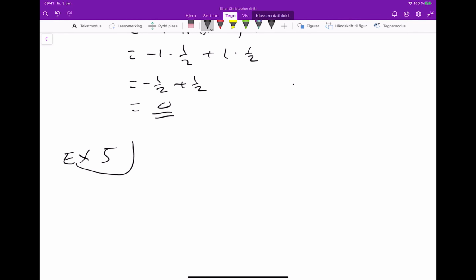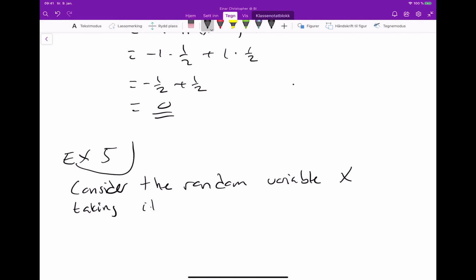We are going to consider the random variable x taking its values in the sample space -2, -1, 0, 1, 2